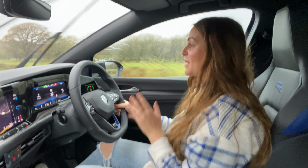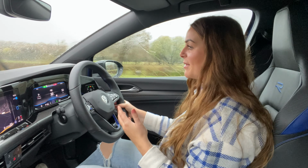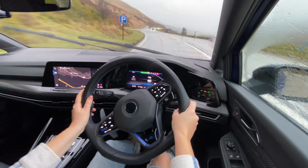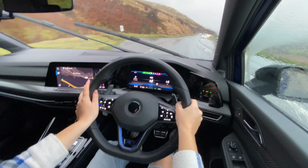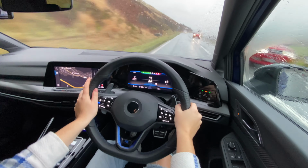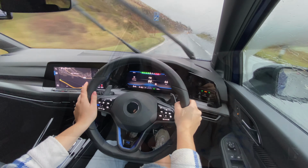Another thing that the performance pack includes is an increased limited top speed. So previously it was 155 and it's now limited to 166. Yeah, I probably won't be testing that today in Wales, especially in this weather. And it brings two different modes. So when you hit the R button on your steering wheel, it brings up your race modes. And then you have the option to have a drift mode and also a special mode, which has been specifically